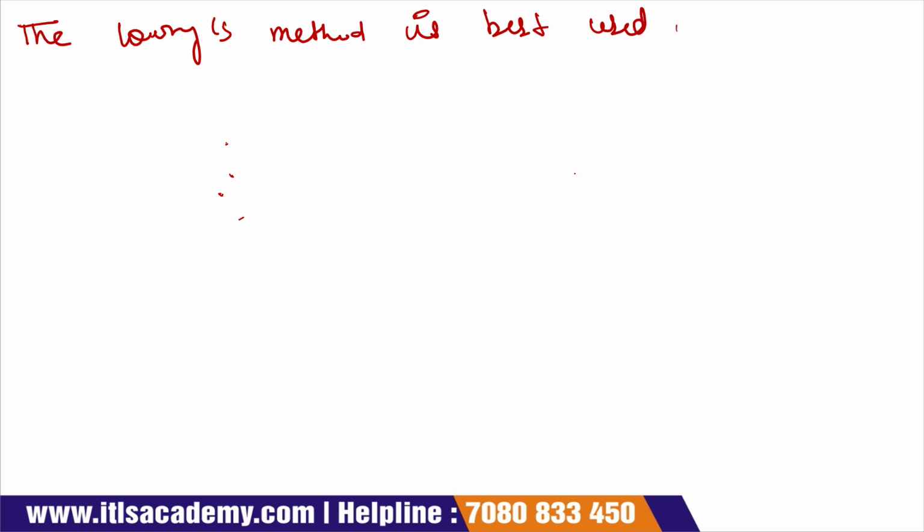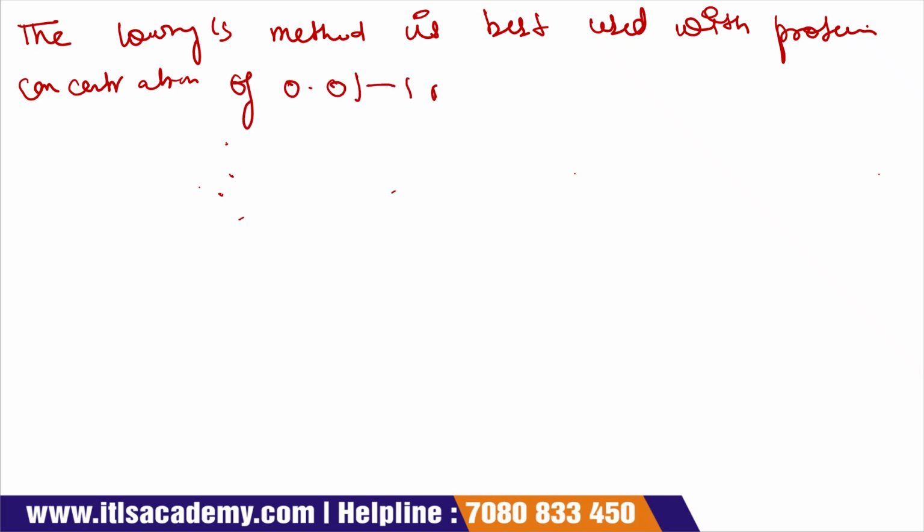Continue. The Lowry's method is best used with protein concentration of 0.01 to 1 milligram per ml,